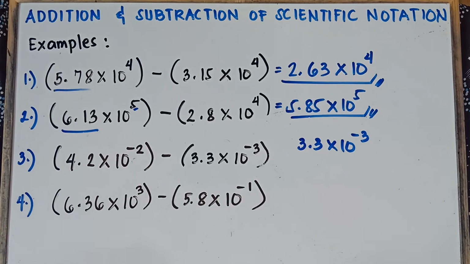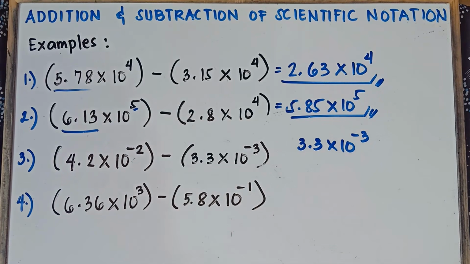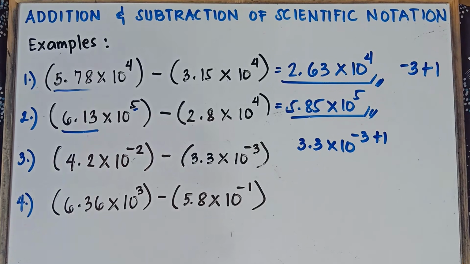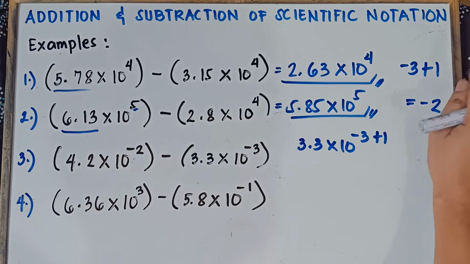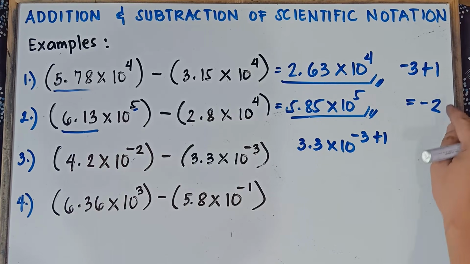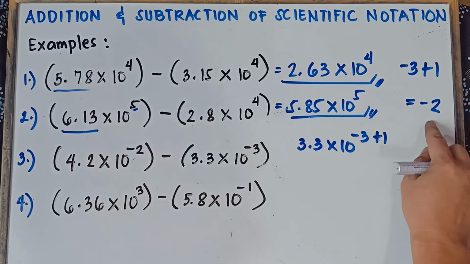Now, how will you make this negative 3 become negative 2? Of course, we need to add 1, right? Because negative 3 plus 1, what's the answer, class? That's correct. Negative 3 plus 1, the answer, class, is negative 2. If the signs are not the same, we have negative 3, we have positive 1. Subtract 3 minus 1, that's 2. Now 3 is greater than 1, we copy the sign. That's why we have negative 2.